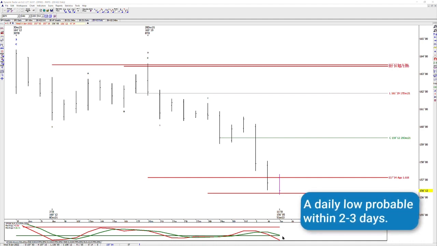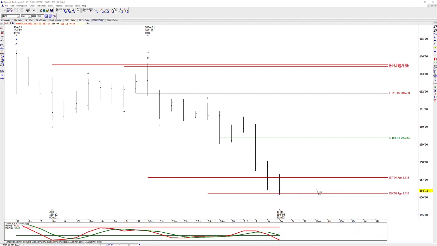The weekly momentums are still bearish, and they're not oversold as of this point in time. So any low should be temporary. But this is some important price relationships. It's a key area pattern-wise to potentially complete at least a daily low. So I would begin to adjust the stop on one unit